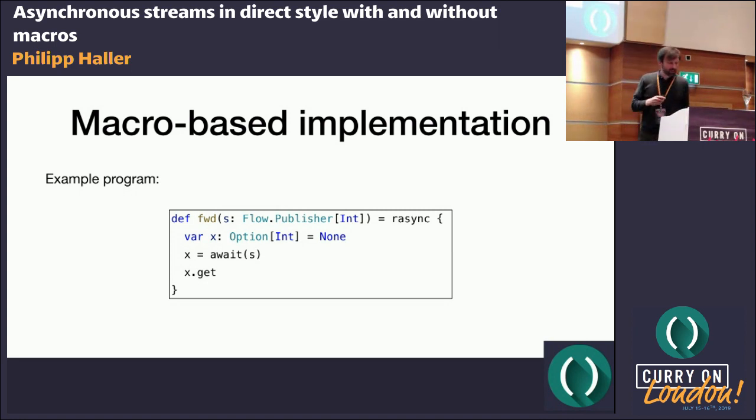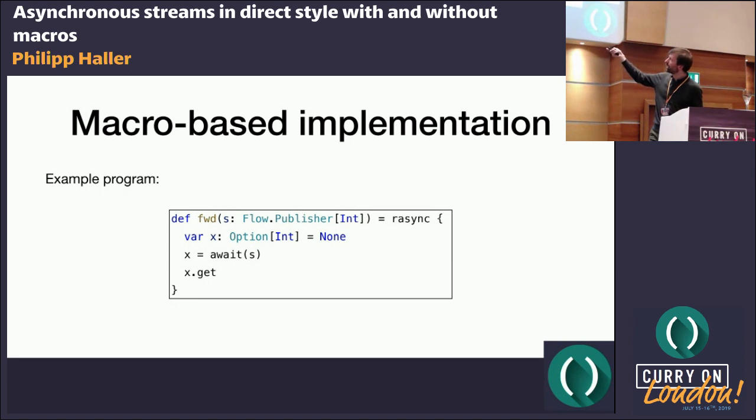All right, so let's go back to the actual compilation. The first option we had was using macros, and I don't want to spend too much time on it, but this is the minimal example you can think of, where we have a publisher and we await a single event from that publisher.